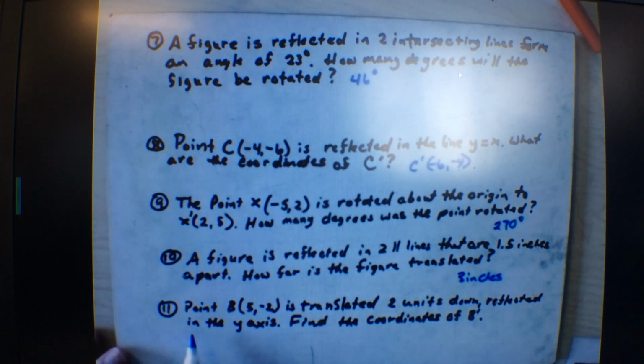All right, number 11. Point B (5, -2) is translated 2 units down, then reflected in the y-axis. Find the coordinates of B prime. So you're going to go 2 down, it's translated 2 down, and then it's reflected across the y-axis. What are the new